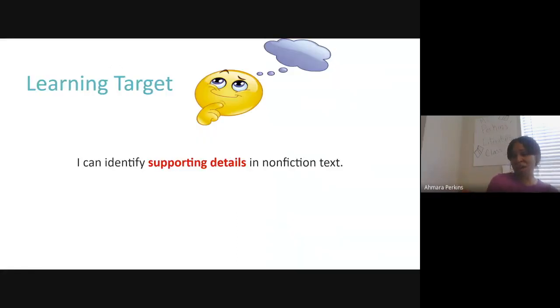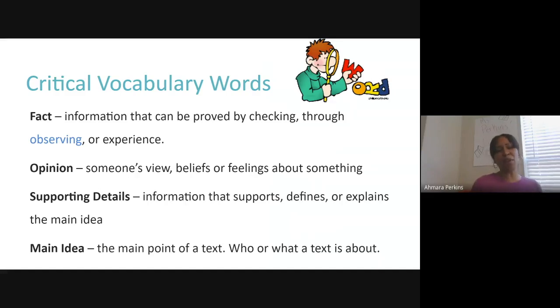All right, so now we're moving on to the meat and potatoes of today's lesson. The meat and potatoes is paying attention to identify, thinking about supporting details, right? And what are supporting details? That's where we're starting today. We first need to analyze our critical vocabulary words. These are essential, important. We can't live without them in order to know our lesson and be successful, right? So we have to know these words, and our essential, important vocabulary words are fact and opinion, supporting details, and